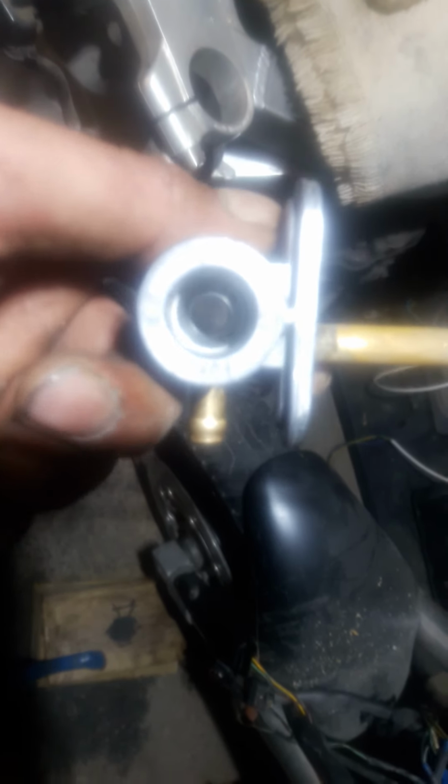So as I said before, don't be afraid, it's not a big job. All you have to do is drain the fuel before you do it, or even if you don't have that much fuel in it, you can lay your bike on its side and simply take the fuel cock off. I don't know if you can see inside very well, but it's all nice and clean. It was unbelievably dirty, considering half a year ago I did clean it and I did wash the tank as well. So that's very strange. This main stream of fuel